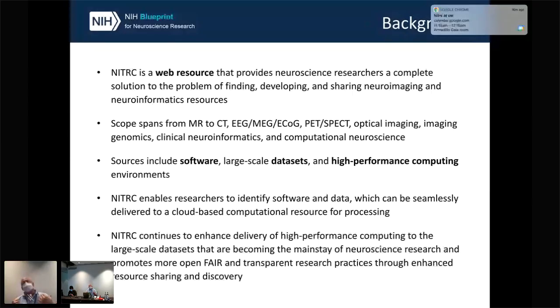computer. There's an alternative to downloading everything to my own computer, and that's going to some sort of cloud computing as well. So instead of bringing everything locally, which you can do and still do, you can also bring the software and that data to a cloud compute environment. So that was the impetus for the third leg of NITRC, which is